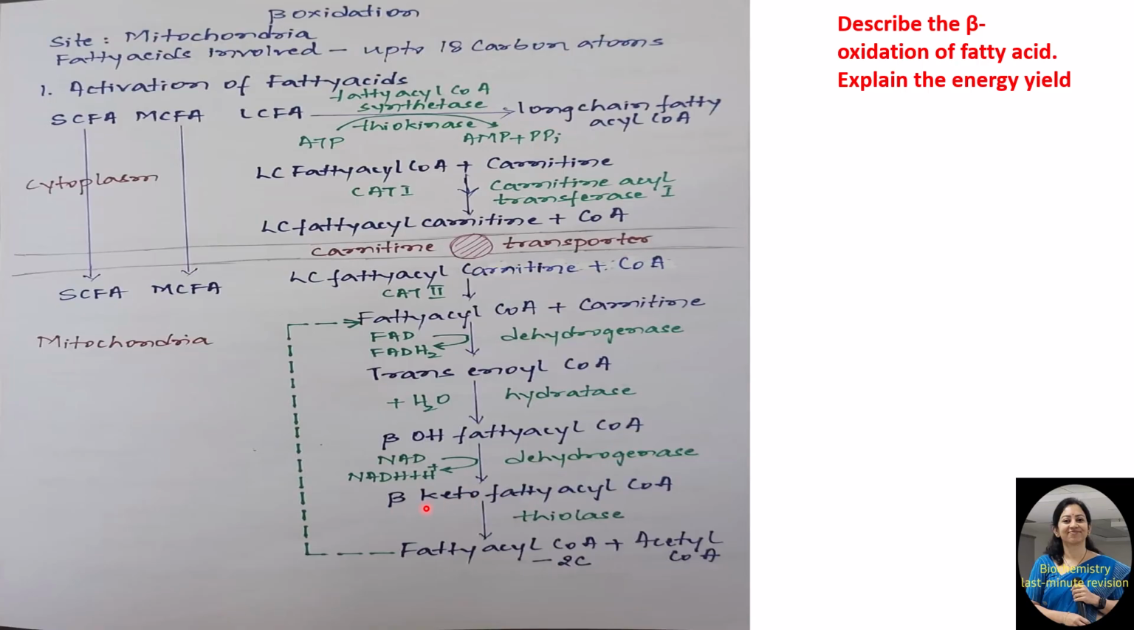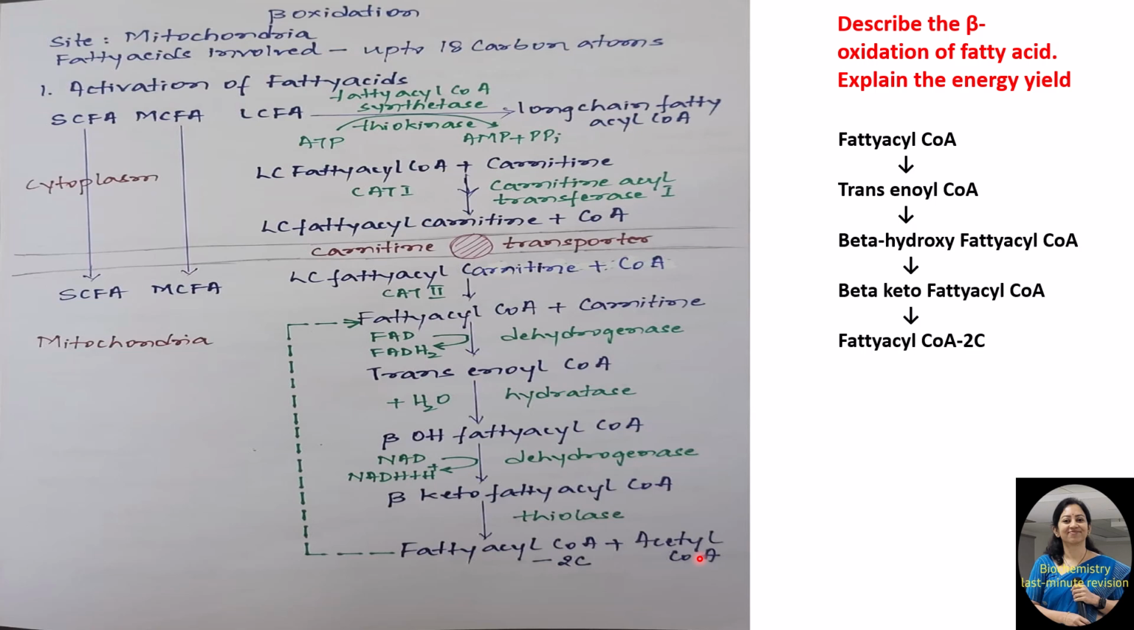Lastly, this beta keto fatty acyl CoA is cleaved by a thiolase enzyme to form fatty acyl CoA with 2 carbon less, and these 2 carbon atoms are released as acetyl CoA. So the steps are repeated. These 4 steps are repeated until the entire fatty acid gets converted to acetyl CoA, which will subsequently enter into